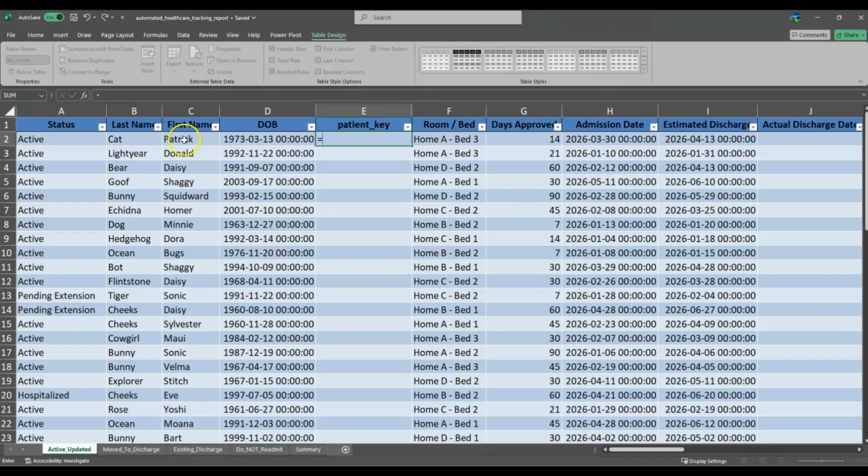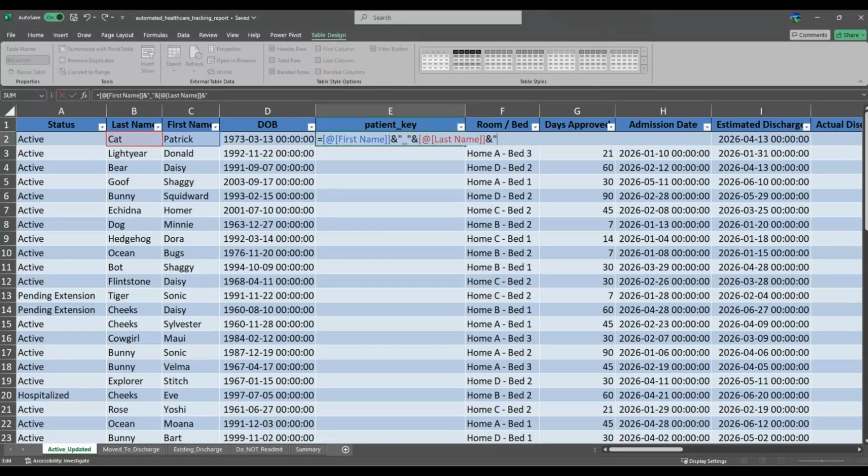Then we're going to click into the first name. We're going to do an ampersand and then double quotation, underscore, double quotation, and do another ampersand. So we have first name underscore, and then now we're going to click last name, do another ampersand, double quotation, underscore, double quotation, and do another ampersand. Now we're going to start the process of doing a date of birth. We will type TEXT, and I can hit tab and click date of birth,